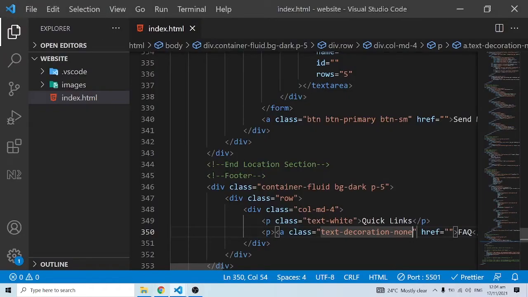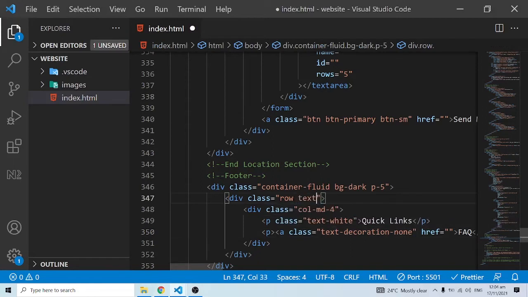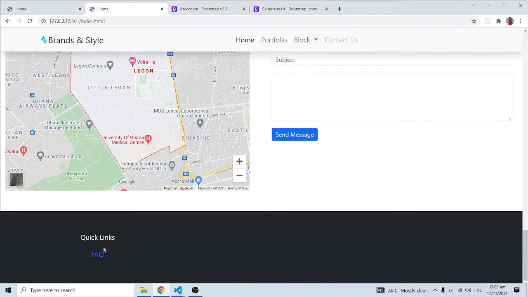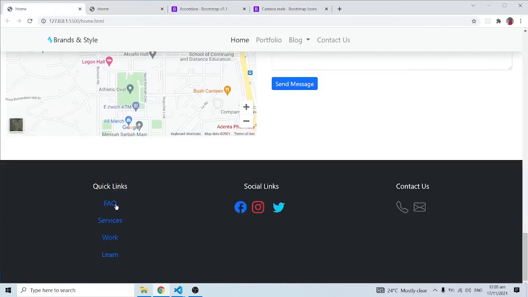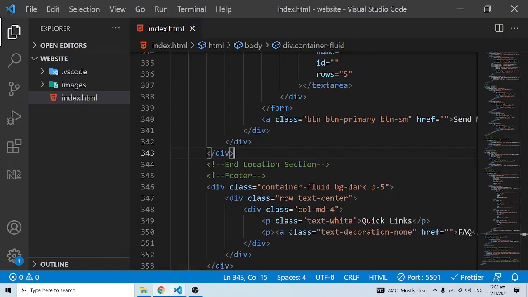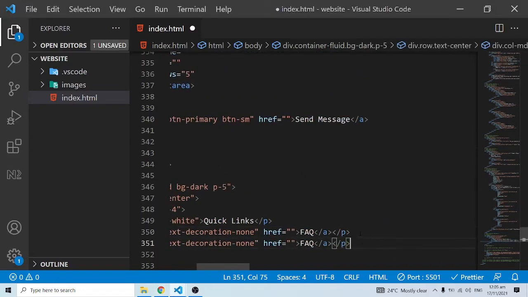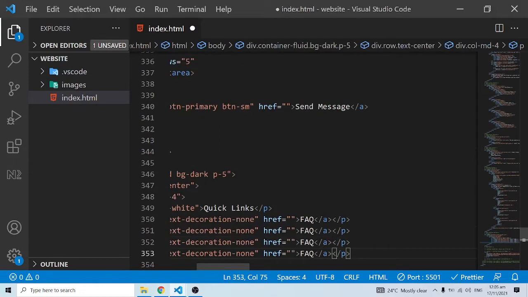So what I can do is to come inside of the row and do a txt-center. So txt-center is going to center what we have over here. So that's exactly what we can see. The next thing is obviously to duplicate this link and change the text to services, work, lane. So I'm just going to do a shift alt and a down arrow key, okay, and I'll do